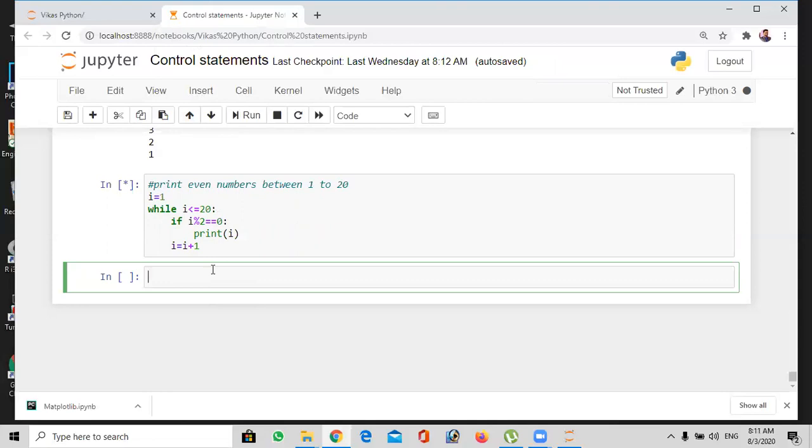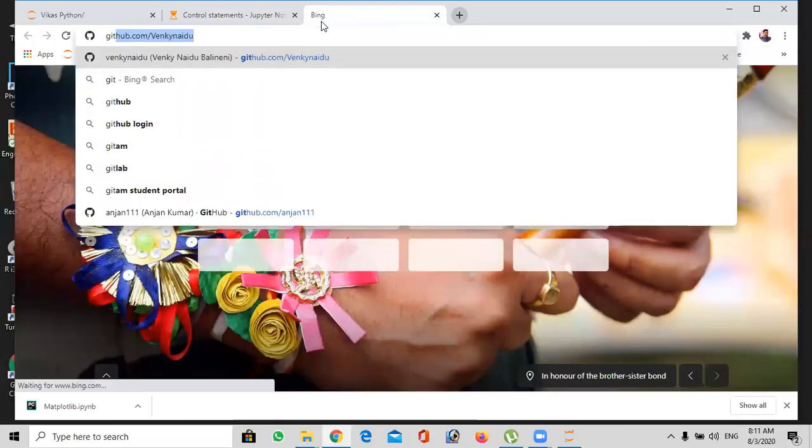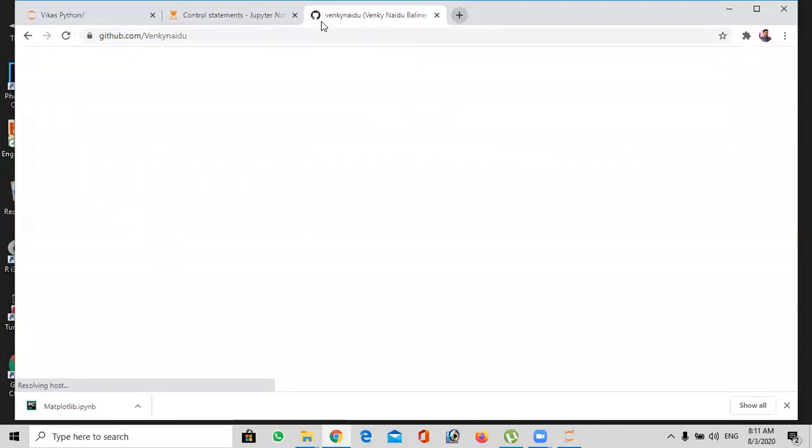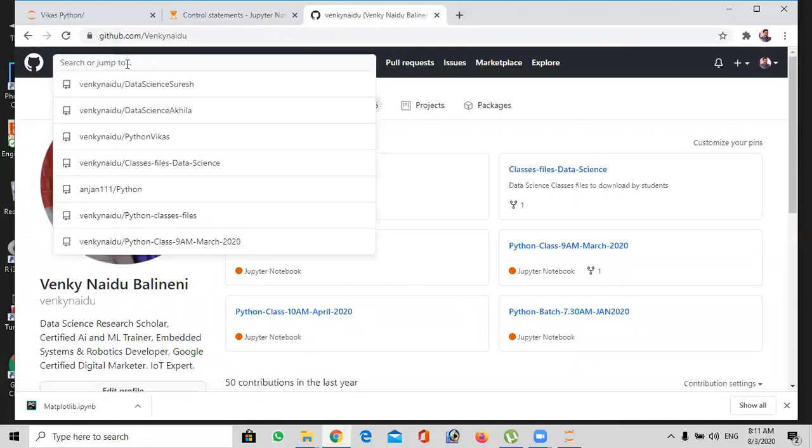And I installed GitHub. Yeah, I have installed it and created that account. So after that, what should I do with it? Just go to my account and search for Venki Naidu, then you'll get it. Simply on GitHub, search for my name.